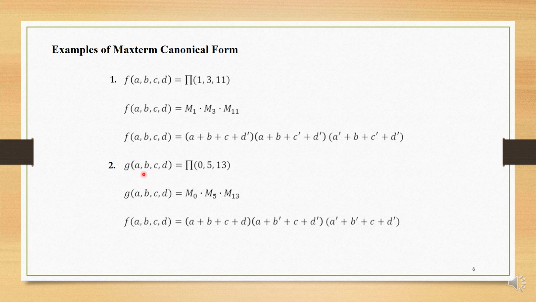The second example is g of ABCD equal to product of 0, 5, 13. The same expression can be represented in capital M notation, and we write the Maxterm for the respective index as we have discussed in the previous slide. So 0 is represented by 0, 0, 0, 0, that is A plus B plus C plus D, and dot M5 is represented as 0, 1, 0, 1, that is A plus B bar plus C plus D bar. Then 13 is given by the Maxterm A bar plus B bar plus C plus D bar. So these are the examples of